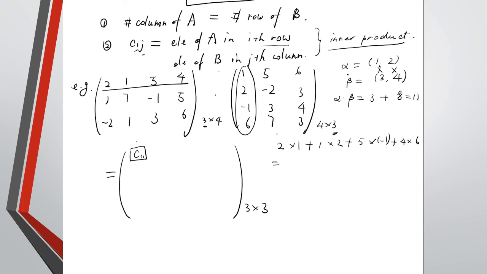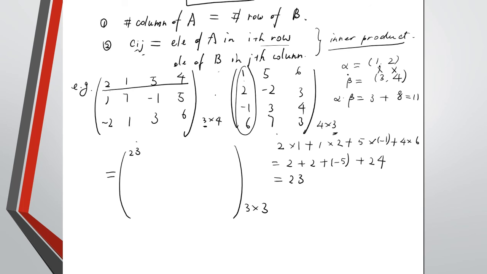Okay, let's do it. 2 plus 2 plus minus 5 and plus 24. Alrighty, so you can use a calculator or you can just do it on your piece of paper. So we have it as, yes, 23. Yes, 23. So we can replace this one with 23. Okay? Alrighty, so let's try another